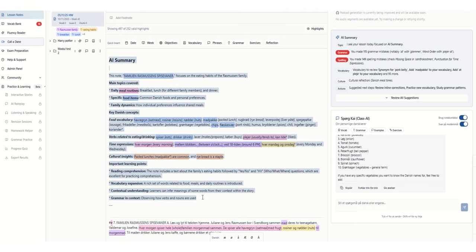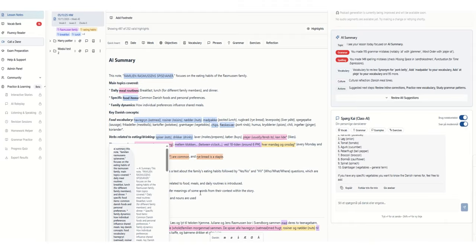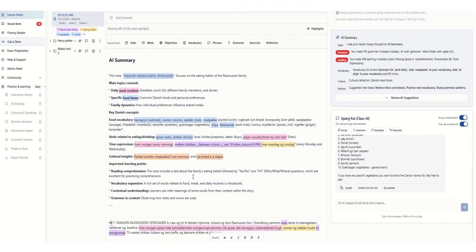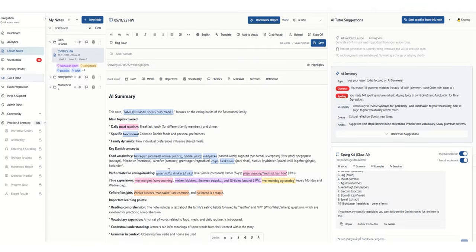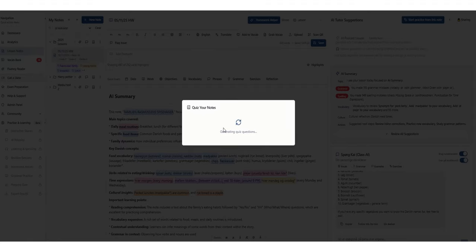This section highlights the main topics, key Danish concepts, vocab, and grammar usage. It also lists grammar and spelling mistakes, cultural reflections, and recommended next steps to improve. Use the summary to track your strengths and identify what to practice next. To test yourself, click Start Practice from Notes or Quiz Your Notes in the AI Tutor section. Danskai will generate comprehensive questions based on your notes, covering